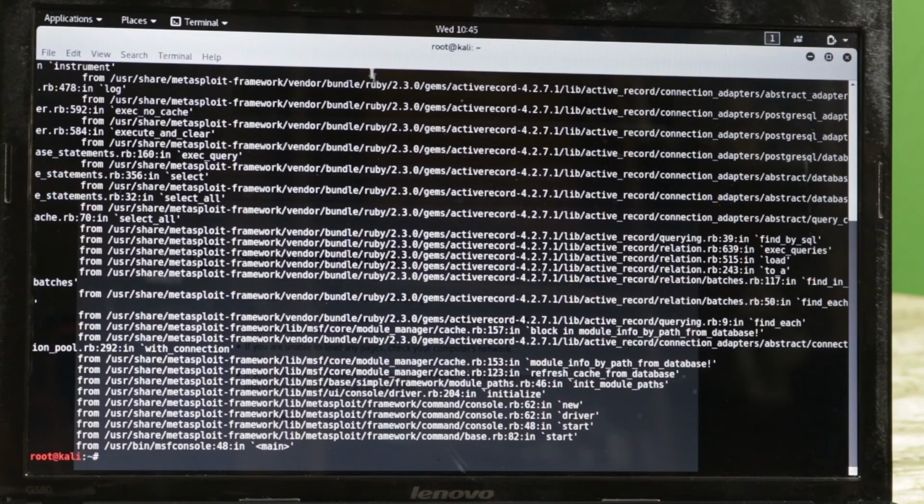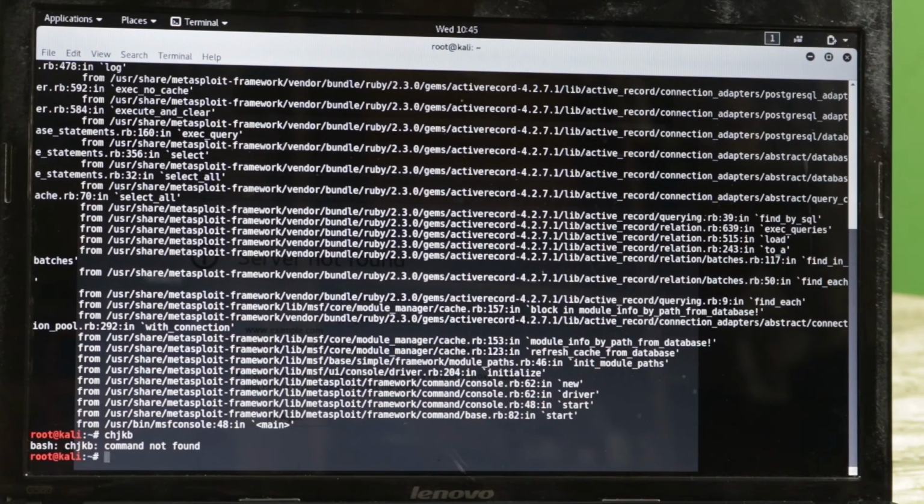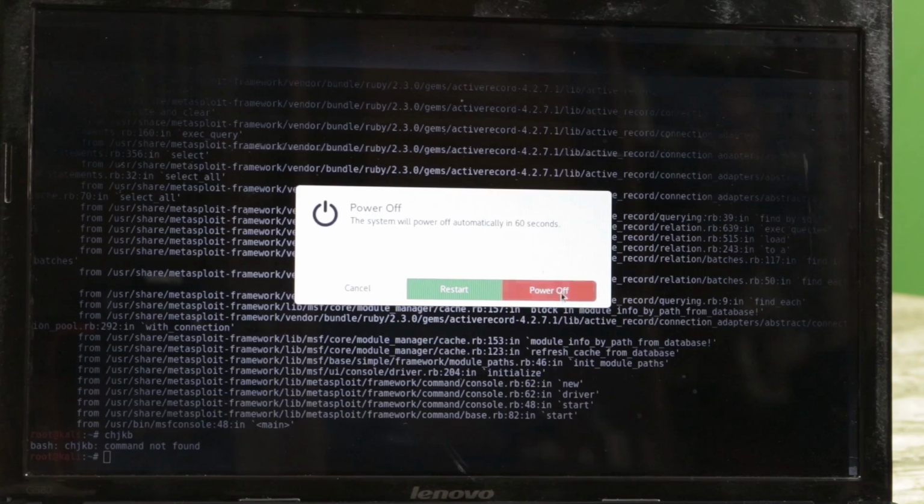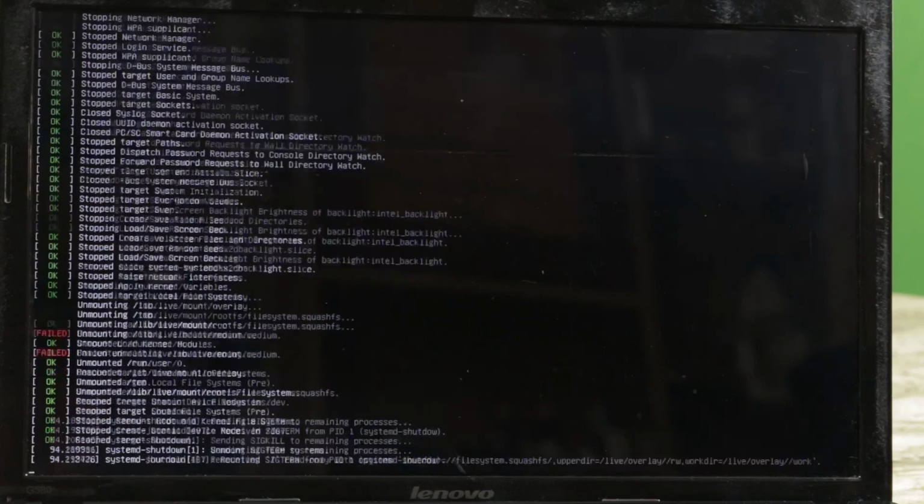Once I do that and power off my machine, what's going to happen is it is going to delete everything and nothing will be stored. And again, if you live boot it, it will be just like a new operating system. The only solution to overcome this problem is installing Kali Linux onto your hard disk. So if you want to know how to do that, there will be a link in the description. So go down to the description, hit that link, and you'll be able to install Kali Linux